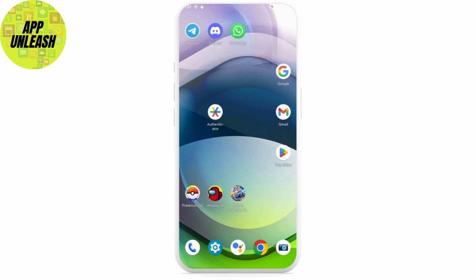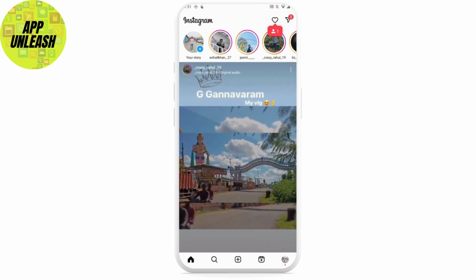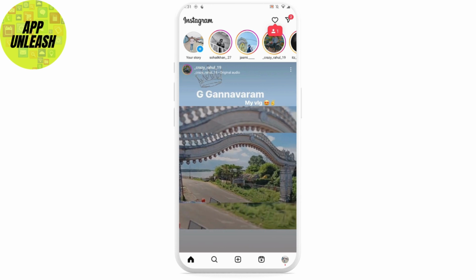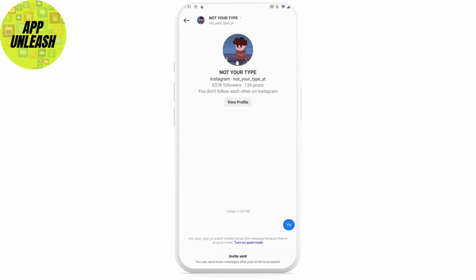So if you want to unsend invite message on Instagram, first of all, we will check what is invite message. Open up your Instagram application and tap on that arrow icon on the top right corner of your screen. Now open up that message that you have sent. If you try to unsend this message, you can't find the unsend option. So if you want to unsend this message, just come back to